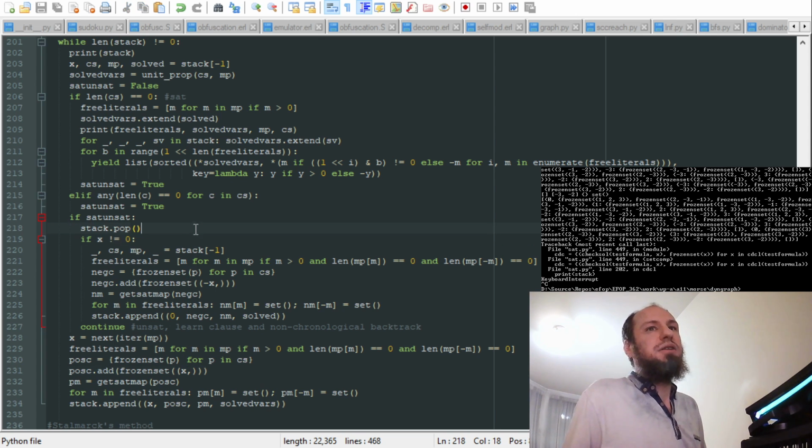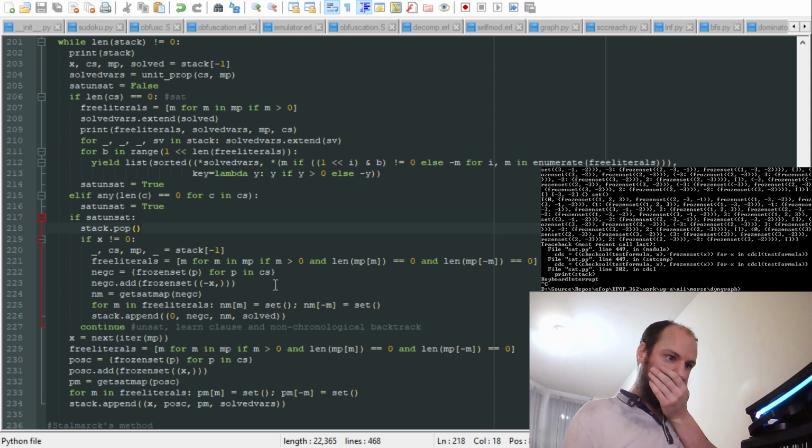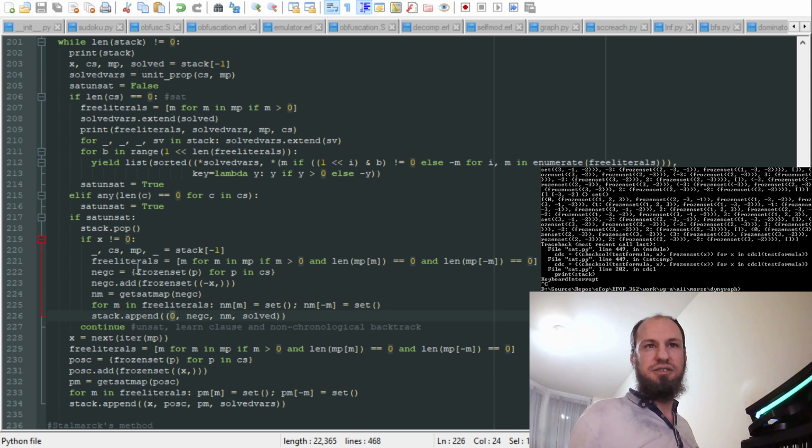A question is, how do we know how far to pop up the stack? If we knew that, that would be enough, but I have a feeling we don't really know that. But then again, if the x value is 0 here,